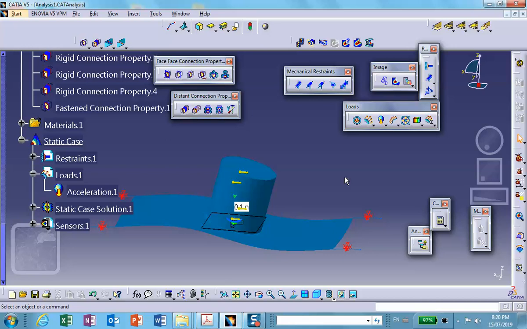Okay. Now I'm going to stop this here because I would like to go ahead and use planes of symmetry to reduce this model. Okay. So let me